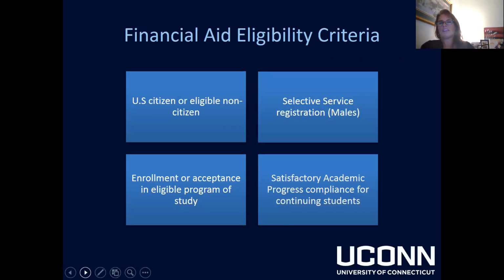So in determining financial aid eligibility, there's a couple things that students have to meet. The first one is that they have to be a US citizen or an eligible non-citizen. They have to be enrolled in an eligible program. They have to maintain while they're in school something called SAP, or Satisfactory Academic Progress. And what this means is they need to maintain a certain GPA. Freshmen, they'd have to maintain a 1.8, and then going forward a 2.0 in order to keep receiving their financial